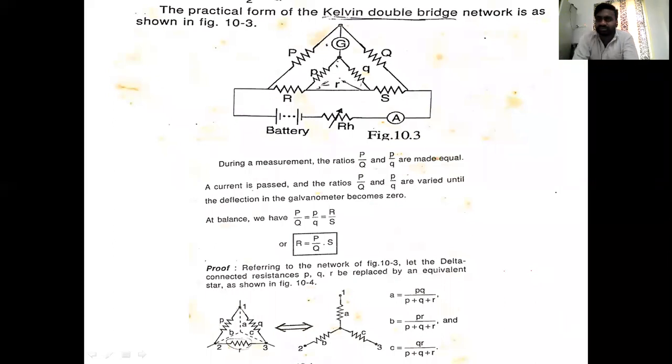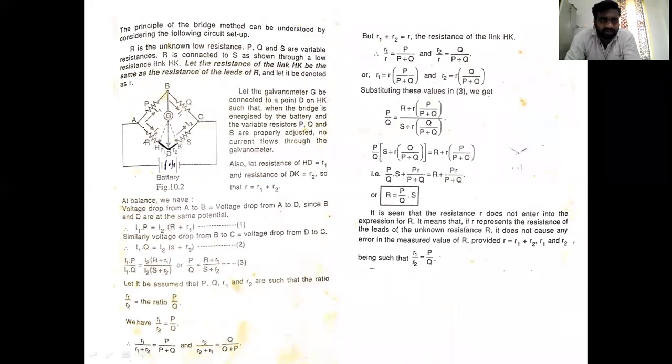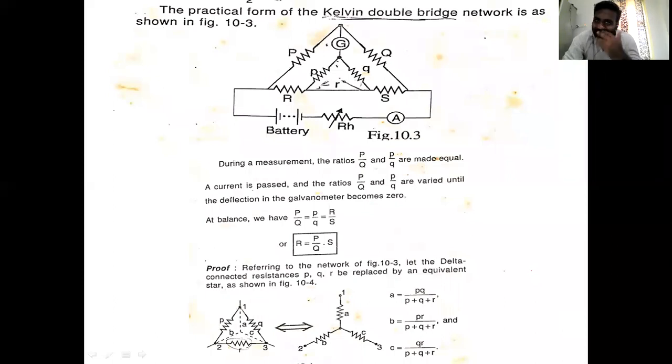So this is about the newly updated circuit, that is Kelvin's double bridge. See, compare this with the Kelvin's bridge which we discussed earlier. This is the common traditional Kelvin's bridge, which is modified from the Wheatstone bridge. Kelvin's bridge is nothing but a modified Wheatstone bridge. We are very familiar with that. So next we modified that further.